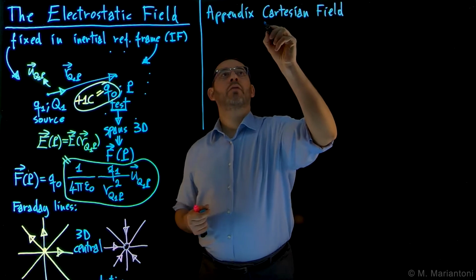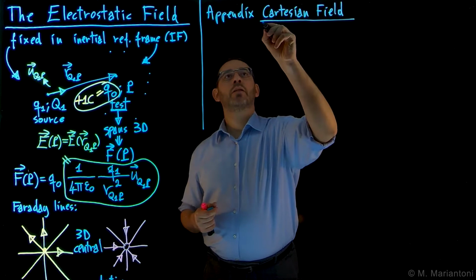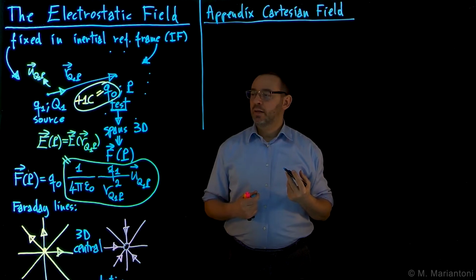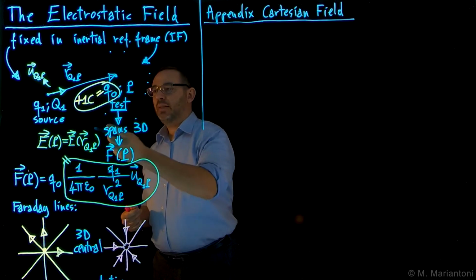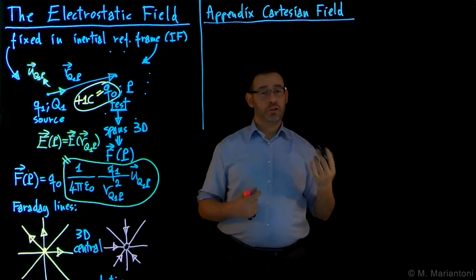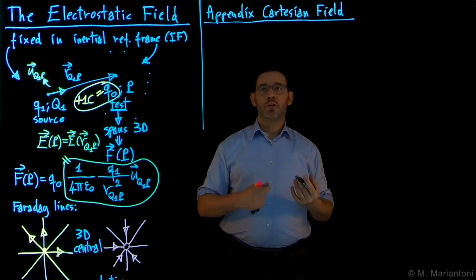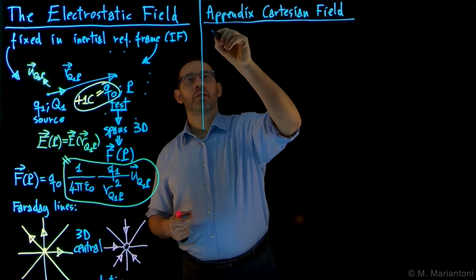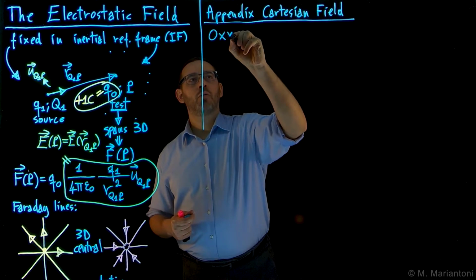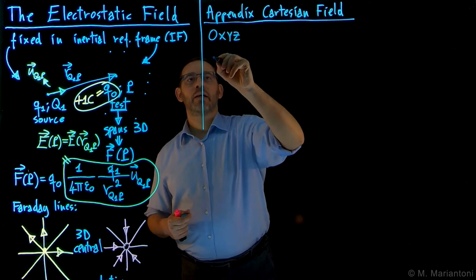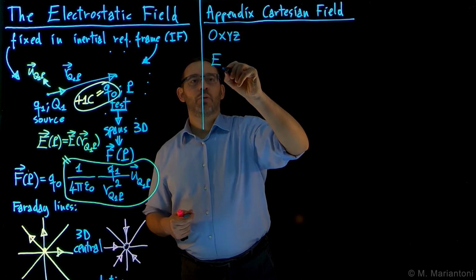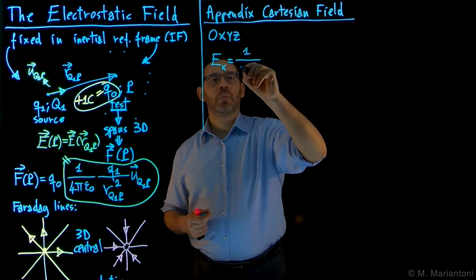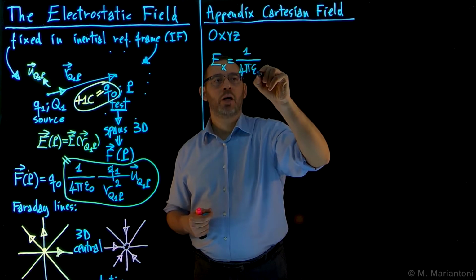If you look at the video Appendix Cartesian Field, there I give you a calculation in more detail of how to express, for example, the electrostatic field in this configuration in a Cartesian coordinate system. Here I will limit myself to giving you only one of the three components of a Cartesian coordinate system, O, X, Y, Z. In this case, the X component of the electrostatic field is going to be equal to 1 over 4 pi epsilon naught, as always,